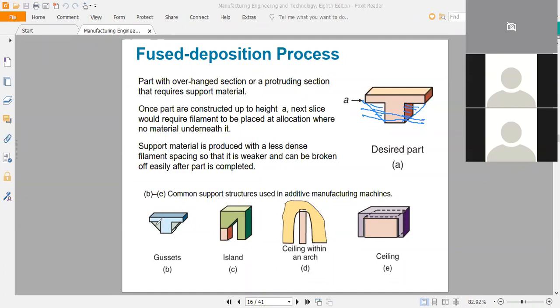These support structures work because I can control the filament movement to make this particular slice. So from here to here, where you want to make that particular product, the density will be denser compared to the support structure. So that's what it says here: support material is produced with less dense filament spacing, so that it is weaker. So when you want to make this support structure,